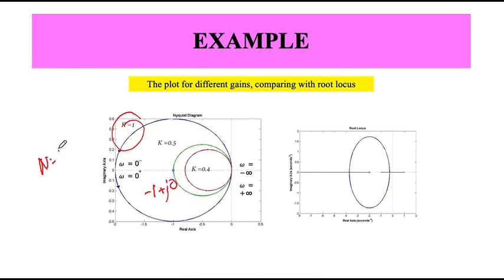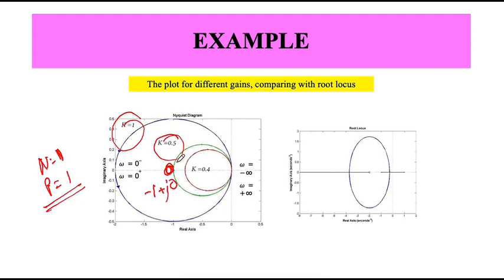So n is equal to 1 and p is equal to 1. So my system is stable because I am encircling -1 plus j0, and I came down and come here. Say k is equal to 0.5. Okay, so it is just the point -1 plus j0. Then it keeps happening and I am here at k equals 0.4. So k equals 0.